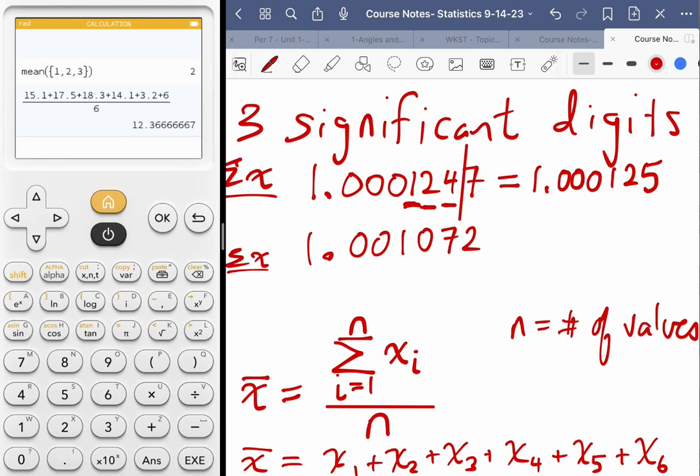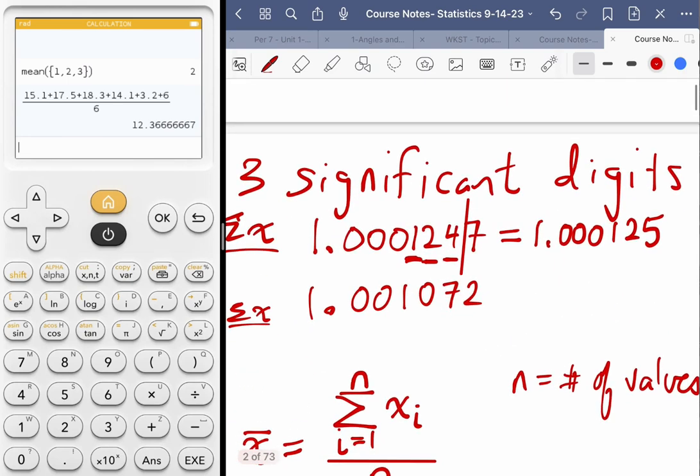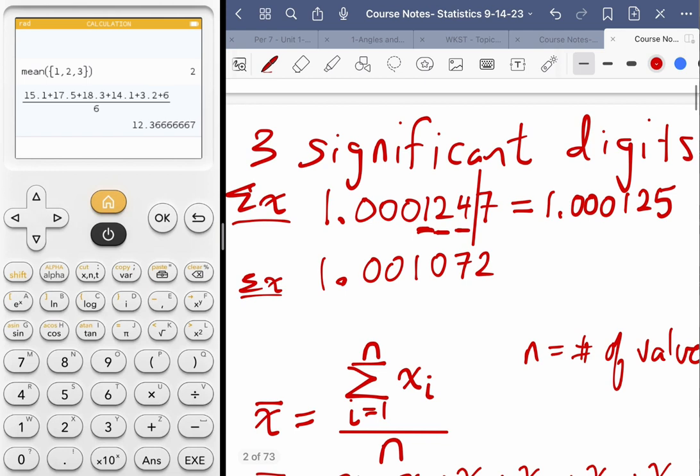All right. The next one, and just a word on the previous example that we did. Sometimes immediately after a decimal point, you have a non-zero value, like we did here. In which case, the process of rounding to three significant digits is the same as just going 3 decimal places. All right. I tend not to overly deduct points on tests when people mess up rounding, but it'll cost you,